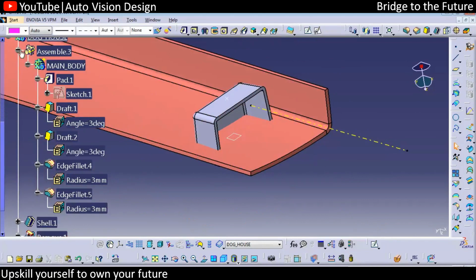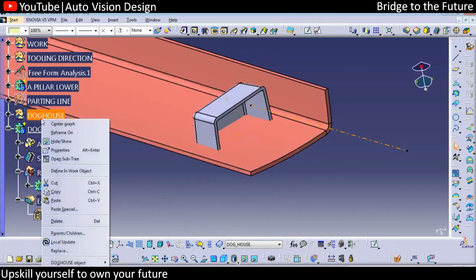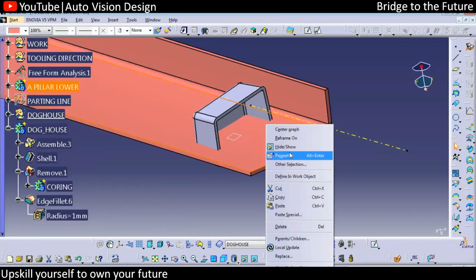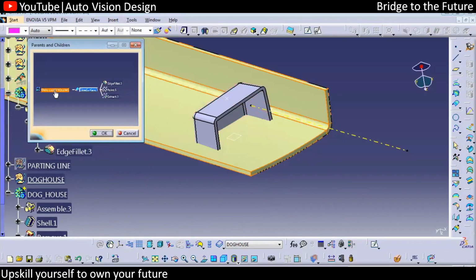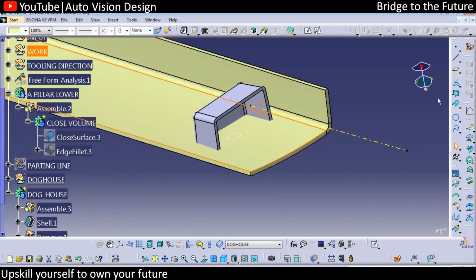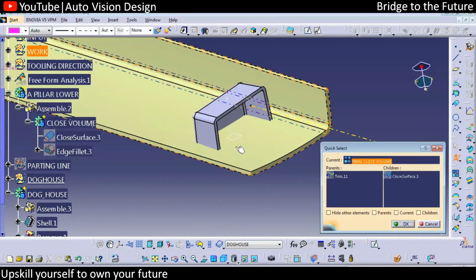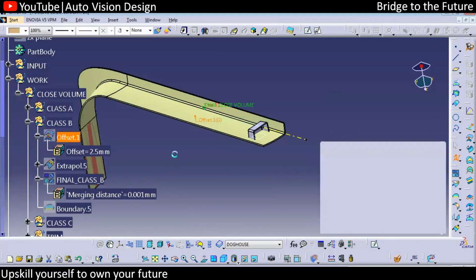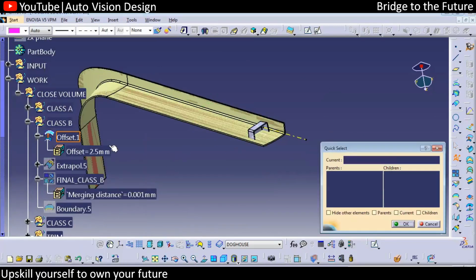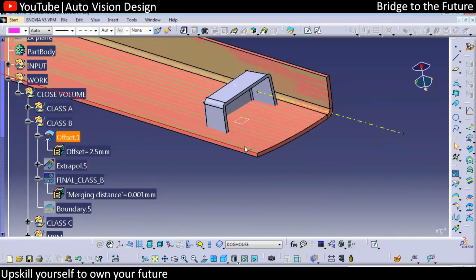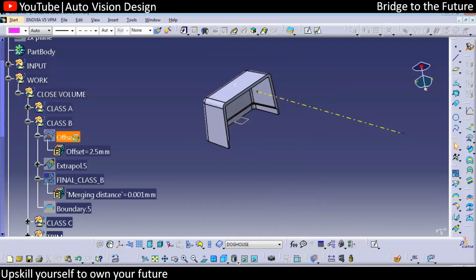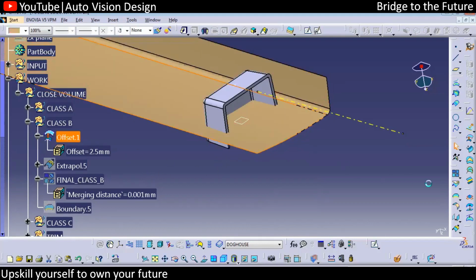So for that, we need to check a reference. We need to keep the reference of the B surface. Okay, so we'll center graph this. We can find the B surface. Okay, we can highlight this, hide and show. Hide and show. We can select this as the B surface. So we'll extract the B surface, but not the closed volume one. We can directly extract the offset B surface. Okay, so you can find something like this, a B surface, and the rest of the things we need to hide. So you can hide everything else that we have and keep the B surface. Okay, now we need to extract this surface because the offset might not be possible for mm.